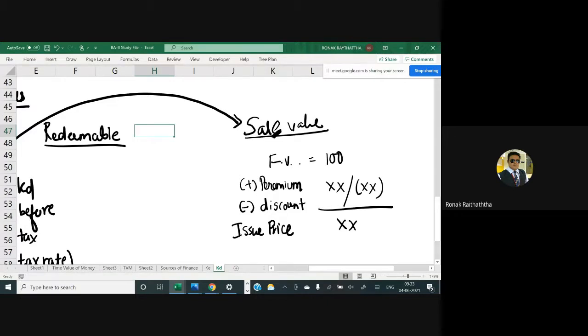Then you will have some underwriter as well, who will take the responsibility of unsubscribed debentures. The underwriter's responsibility is to take the portion of unsubscribed debentures. So say the company comes up with 10,000 debentures and only 9,000 debentures are subscribed by the public. So 1,000 is remaining. The underwriter takes the responsibility to subscribe to these remaining 1,000 units. So the underwriter's fee must be paid. They are taking such responsibility, so obviously they will be charging some commission or fees because of this.